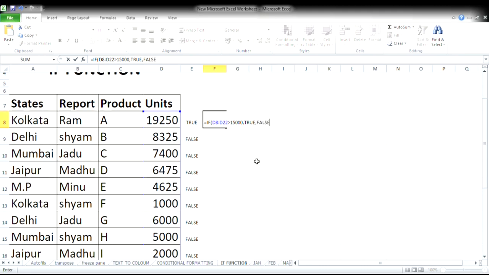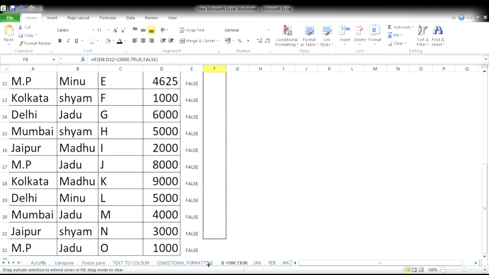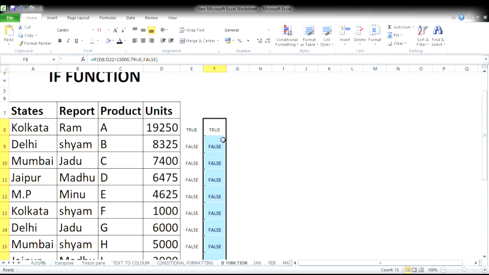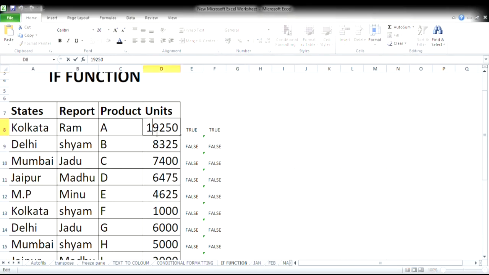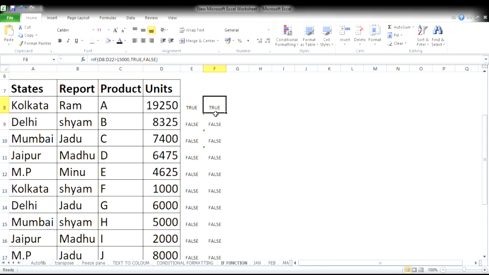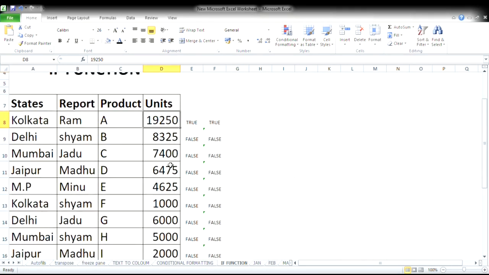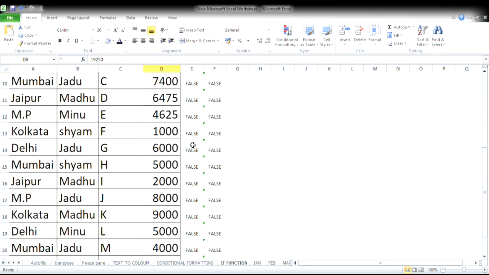Means for the amount, we have to find out whether it is true or false. For checking purposes, we just check by using this IF formula. So the amount which is greater than 15,000 is this, and you just see, all others are false, because this is true and others are false, because other than 19,000, no other data is greater than 15,000. So this is how the IF function works.